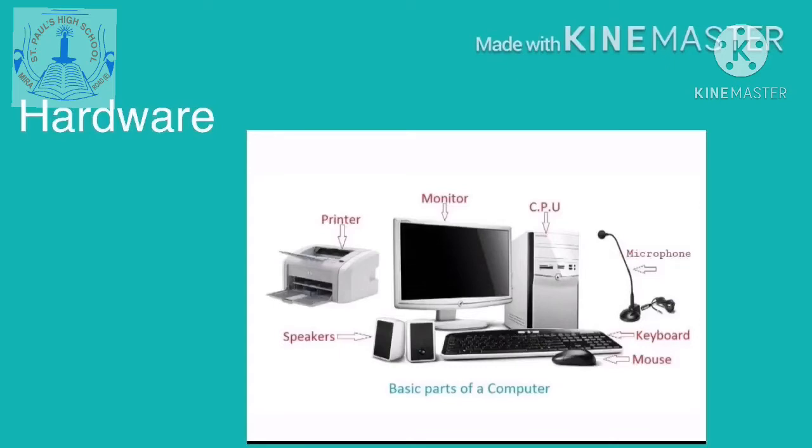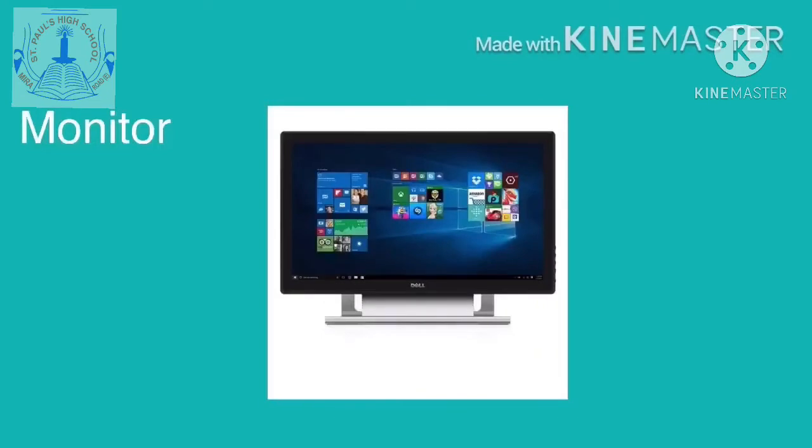The important parts of the computer are the CPU, monitor, and so on. These are the hardware. First one is the monitor. It is the main output device. The computer communicates to the monitor. It looks like a television. It shows whatever we type or draw. It also shows meaningful information after processing raw data. Whatever we type, we present, it is always shown on the monitor.